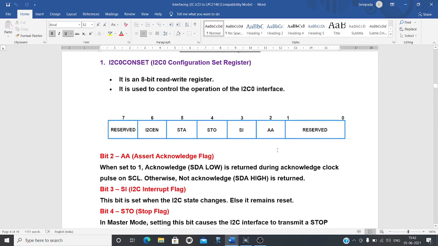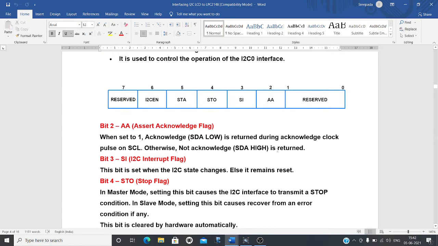From the LSB side, 2 bits are reserved; there is no meaning attached to these 2 bits yet. Then you have the third bit, that is AA, assert acknowledge.